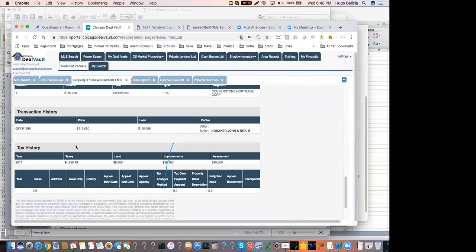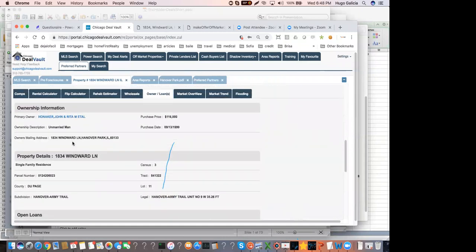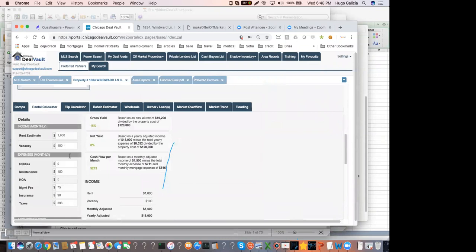I'm going to close that. This is the subject property that we're working on. So make sure that when you do a buy and hold, you appeal the taxes right away because taxes could be a deal breaker cash flow wise. Okay, make sure that when you do a buy and hold, you're going to appeal the taxes. So we're giving you John's information to make sure that you file an appeal. He's going to file an appeal on your behalf. Okay, so we right now completed the due diligence required to make sure that this deal gets funded by any